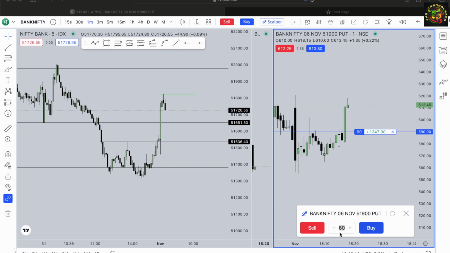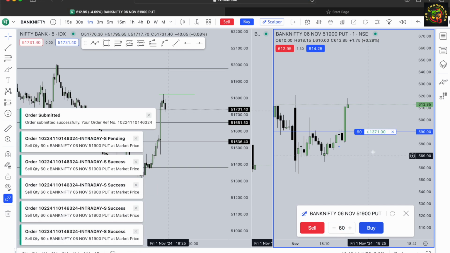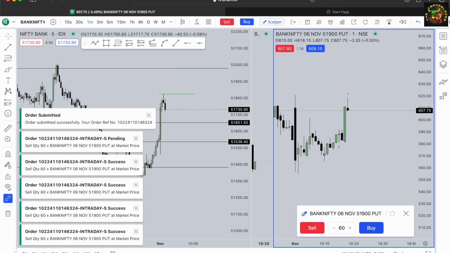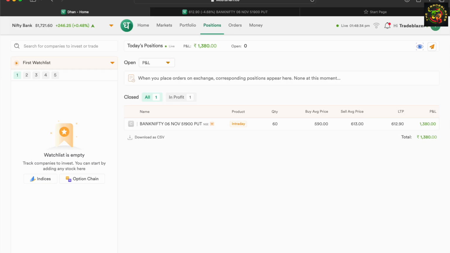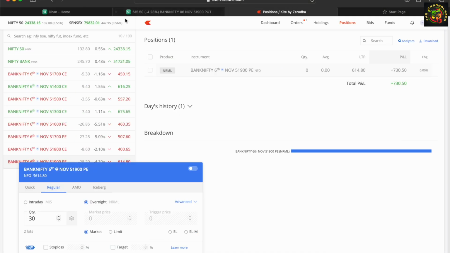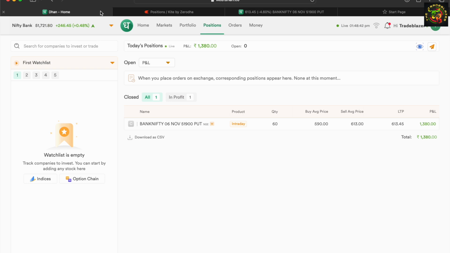We got a nice bit of momentum in the put premium, guys. You can see that. Just closed the position now. With that, a small profit of around 1,400 is done, and 700 in the other account, and an overall profit of around 2,100